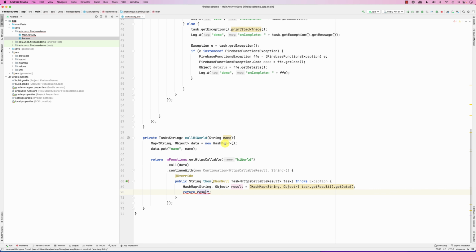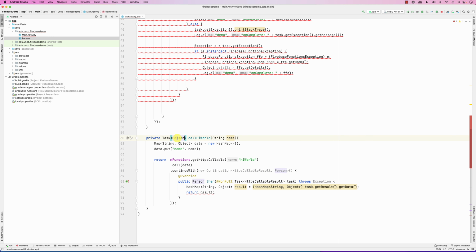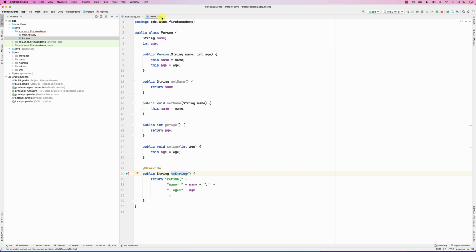This is a person. So let's say we want to return a person. That's the result of the whole thing. So the type is a person. Similarly, we're going to return a person, and the task is going to be a person task. Cool. We'll fix the stuff at the top a little bit. What's going to happen is we get a hash map, and then from that hash map we create a person. We can even create a constructor that receives the map and parses it,